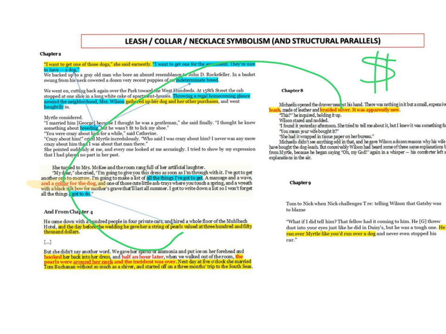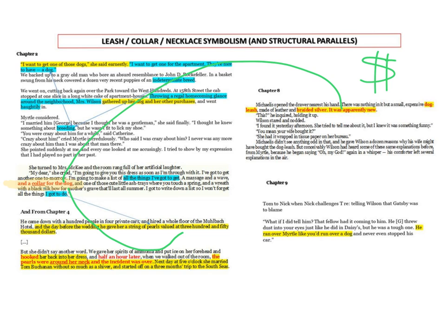And then also note here, "she married Tom Buchanan without so much as a shiver, and started off on a 3-month trip to the South Seas." So that whisking her away, further expenditure and travel and restlessness, which we look at in terms of desire, before she can have any more wobbles or doubts or worries about whether she's doing the right thing. Right, quickly, off we go: spend, visit, move, restlessness. Interesting connection, I think, between the silver necklace and the $350,000 pearl necklace used to secure and hook, if you like, Daisy Fay.